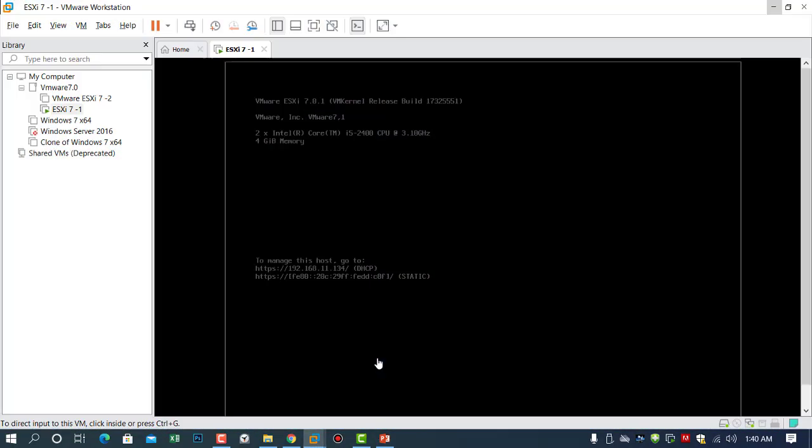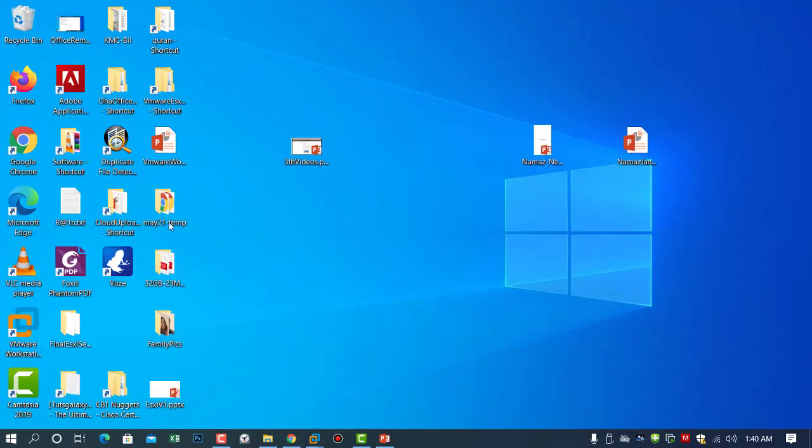As you can see in our VMware Workstation, I have installed a machine which is called ESXi 7-1. The -1 is used because in a later chapter I will install a second virtual machine in which I will install vCenter Server. As you can see, we can access this server from this IP, 192.168.11.134. So I launch my browser, which is Firefox,